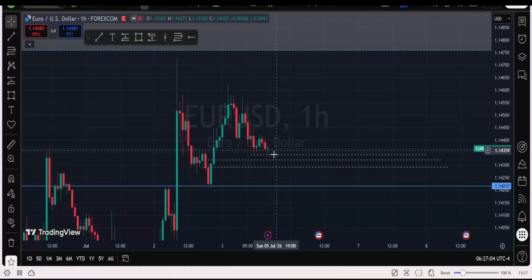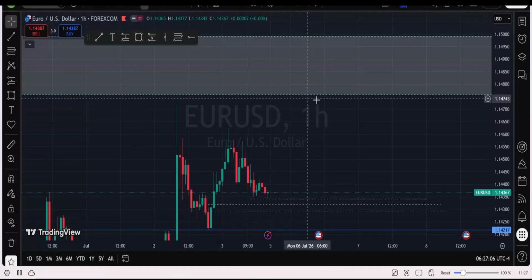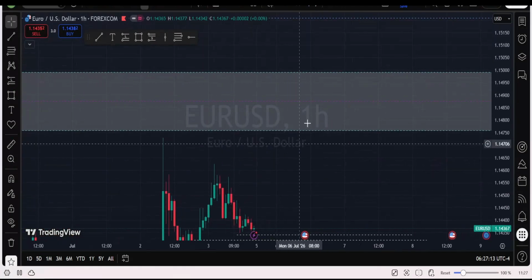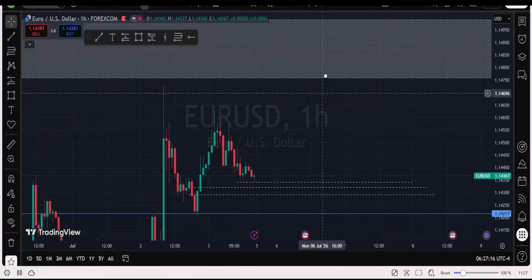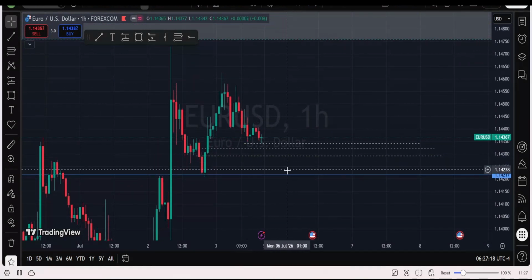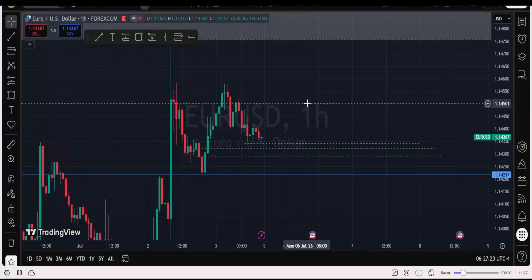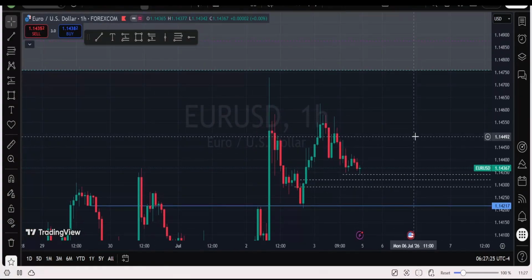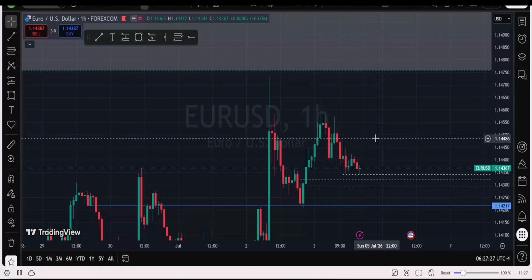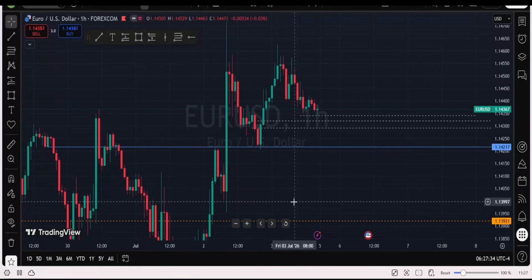Our liquidity pools lie here, to see this market being traded to this level to give us a reason to sell this market. Or if the market gets to this level, that's when we start thinking of selling. But if the market resumes and gets to this level, it gives us the reason to buy through until we get to our destination. These are the areas we are looking at, and this is the story we have this week using both our charts and our liquidity levels, the structures and everything on Euro USD.